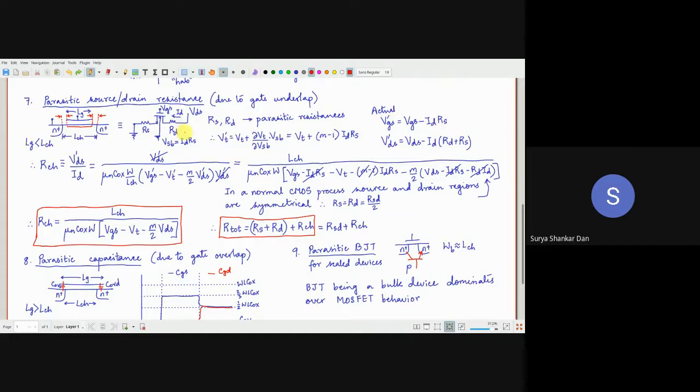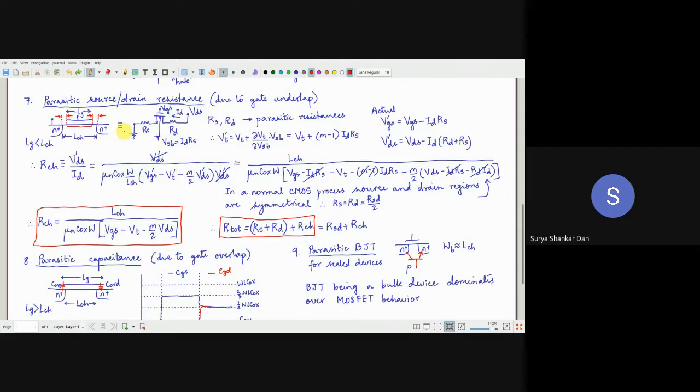Similarly, what is the VDS? VDS is the voltage which you are applying at the drain terminal and the source terminal. Source is grounded. So what is the actual VDS you are supposed to measure between here and here? This will be VDS minus the drops across the combination of RS and RD, that is, VDS minus ID into (RD plus RS). Clearly, the appearance of these resistances has changed the effective values of VGS and VDS.